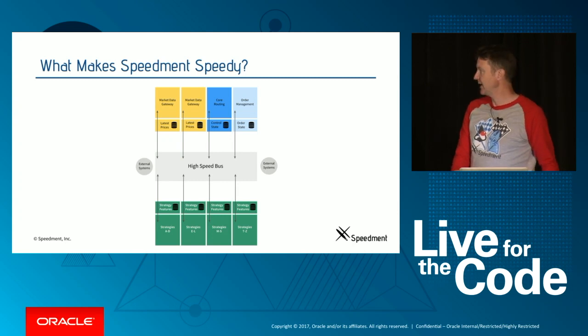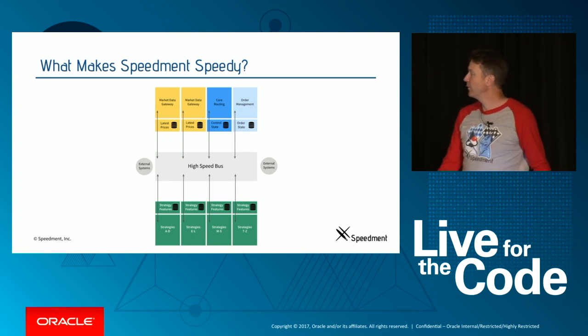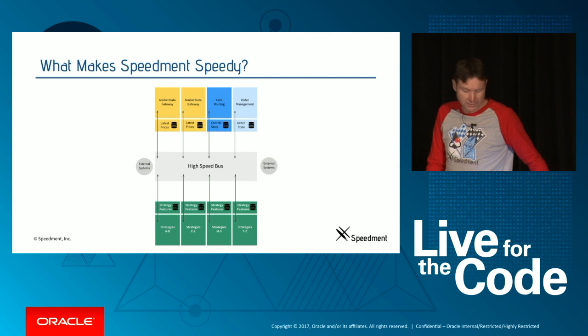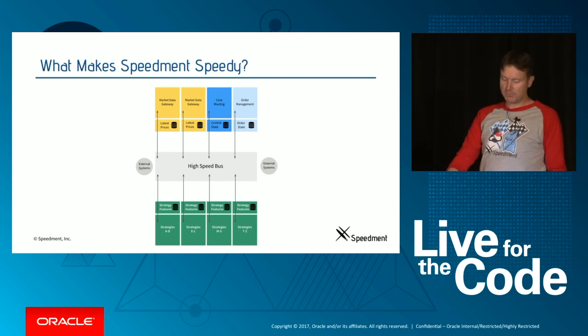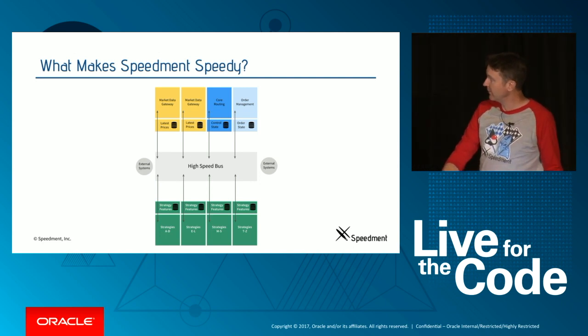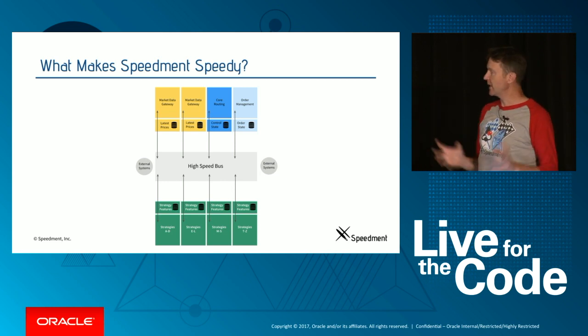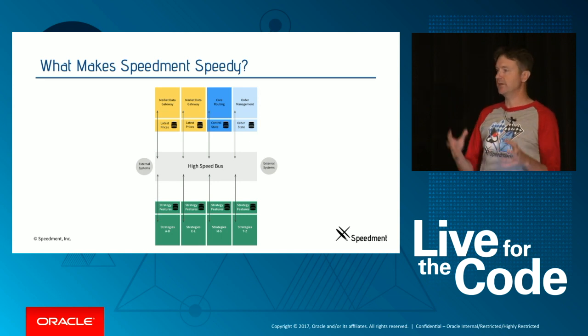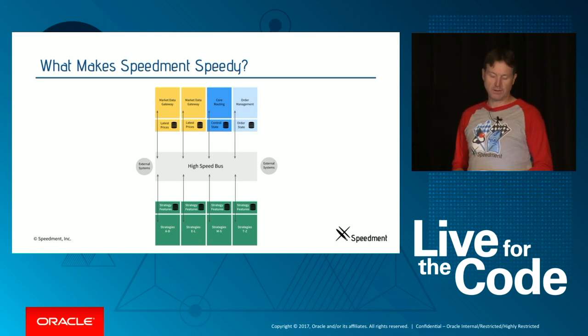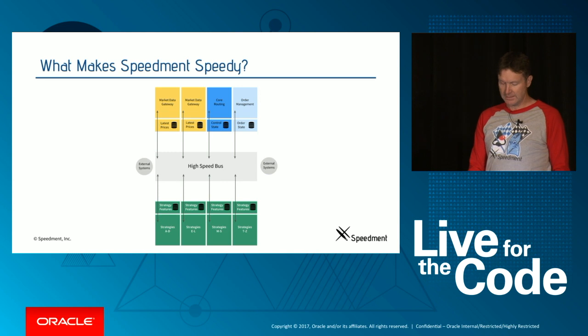So let's take an overall look at a microservice architecture example. In this example, we have some controlling entities at the top, and then they have the actual work being done with the green guys at the bottom, and they split some kind of strategy, so they use a subset of the data, each and every one, and they communicate with the high-speed bus. And then there is external communication.